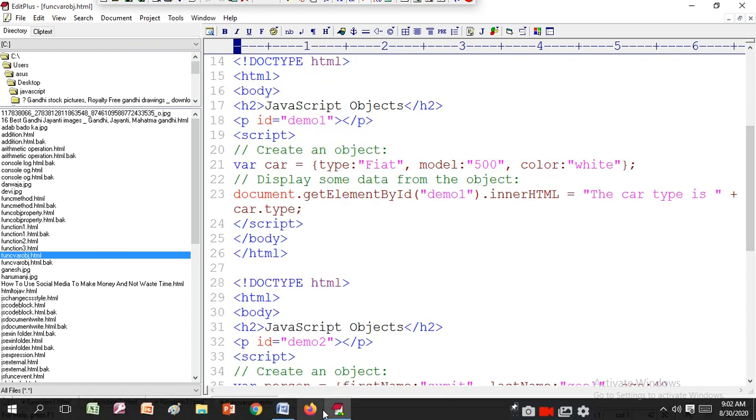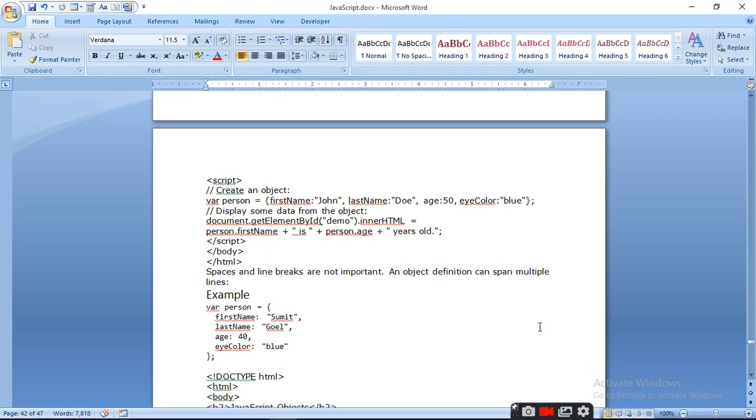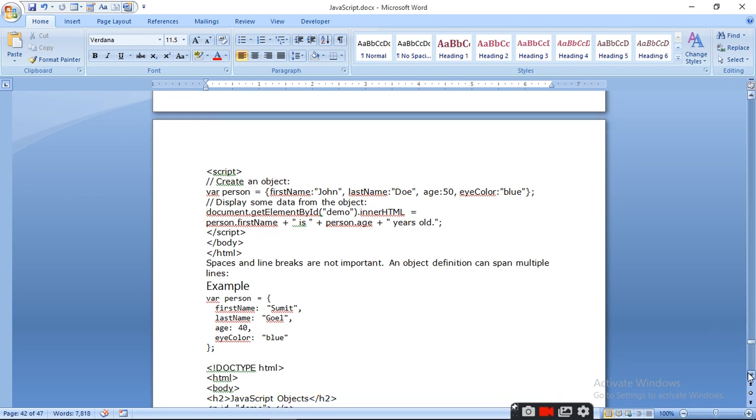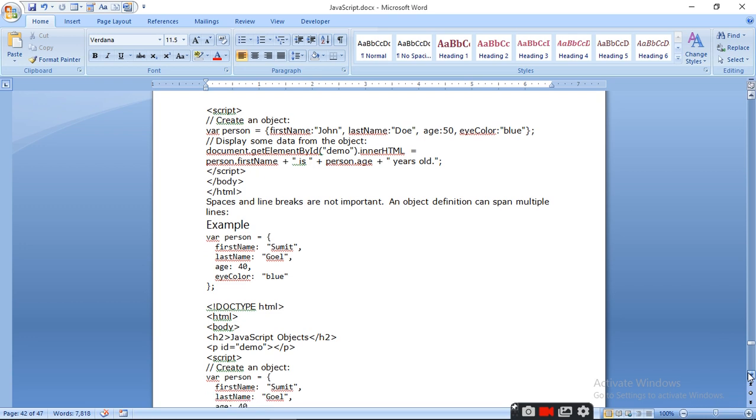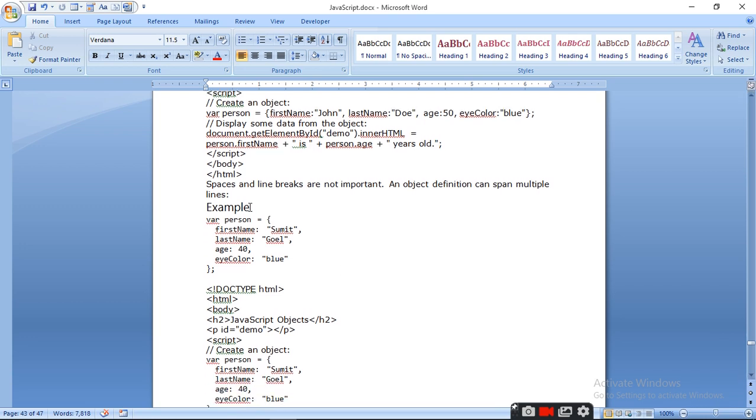Next, spaces and line breaks are not important. An object definition can span multiple lines. Suppose your object definition is too big, then you can also write it by giving spaces: first name Sumit, last name Goel, age 40, eye color blue.